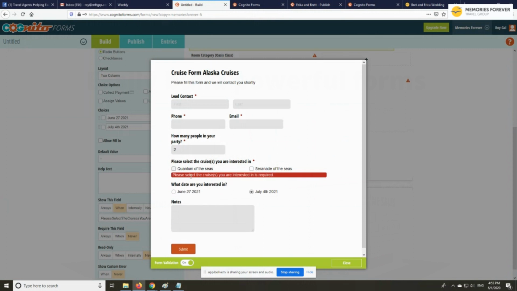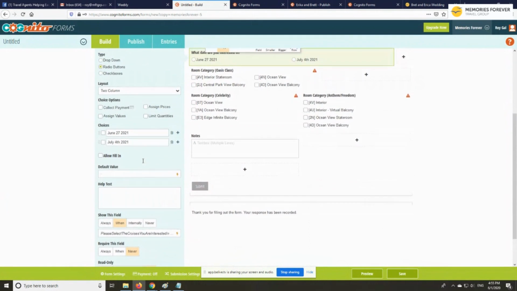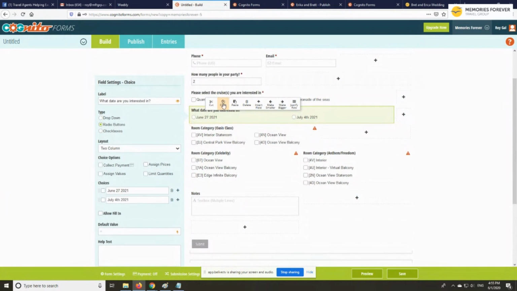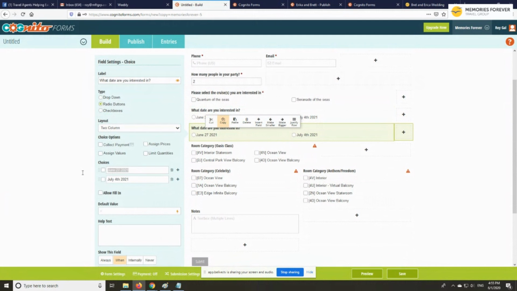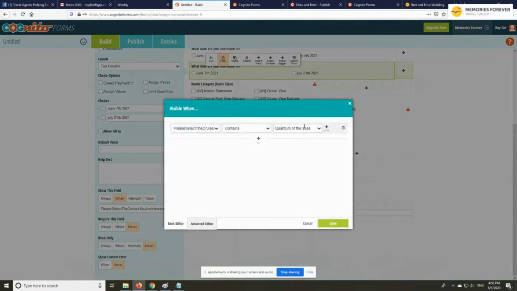If I want Serenade, then Serenade has different dates. So Serenade, let's copy this one again. Sorry, copy, paste below. And these are different dates. Again, I need to look in my forms, but let's say this was June 6, 2021. I'll just change these dates later. Yeah, 10th doesn't make any sense. Let's say 21. Again, that doesn't make any sense either, because they're all by a week. But let's just say, and then this will only show when